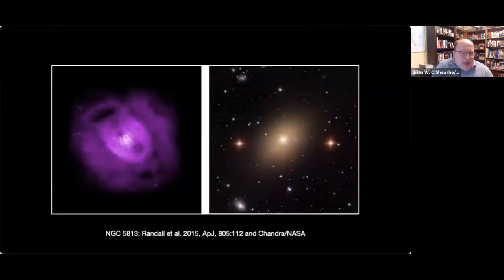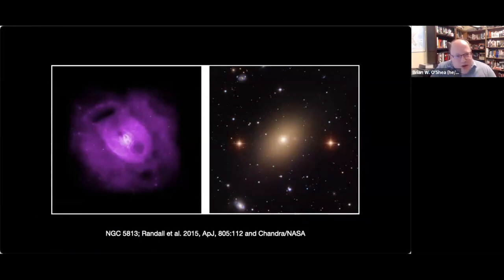And then we also see it at the group scale. This is just an image from a group. What you're looking at on the left is the X-ray image. On the right, it's an optical image. And what we're seeing is X-ray cavities that are coming from multiple AGN outbursts. You just don't see it in the optical image. But the main point here is the AGN is providing a lot of feedback on the circumgalactic gas that is doing something to it. And we really want to understand the details of that.